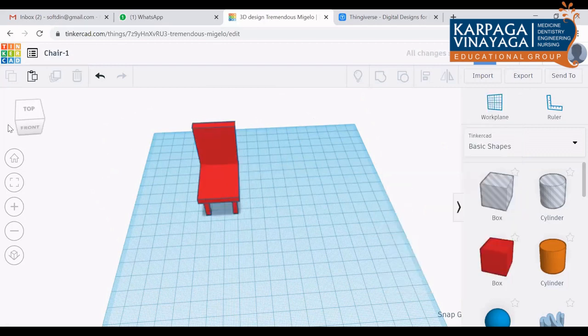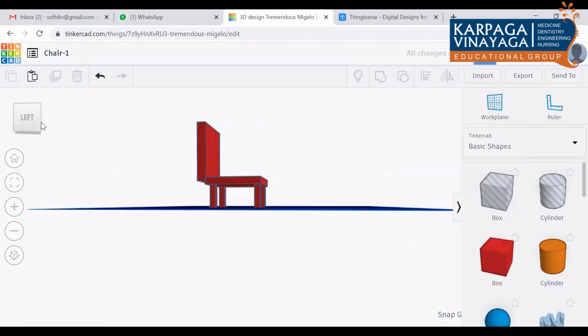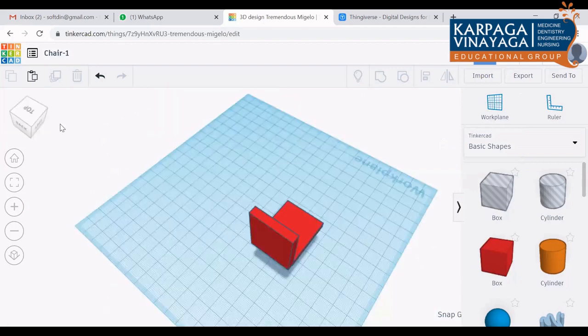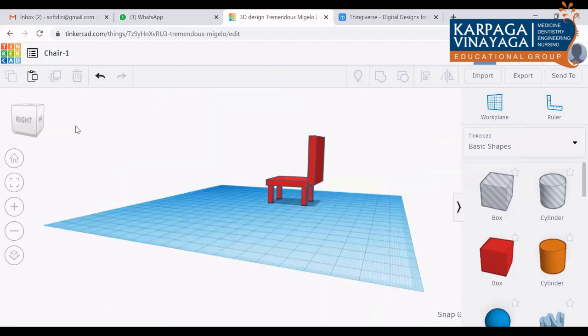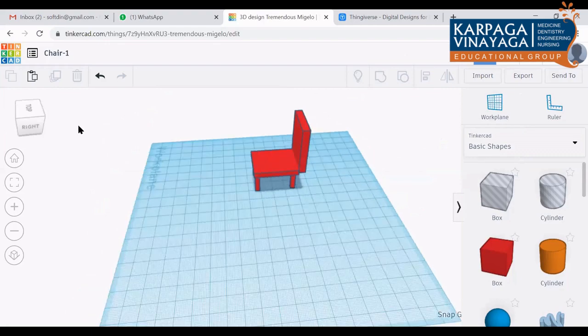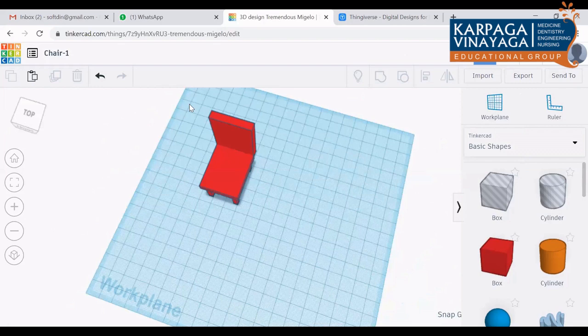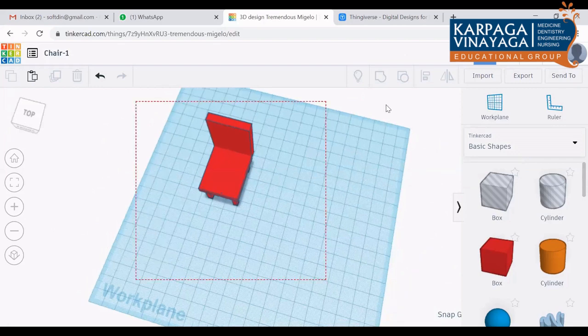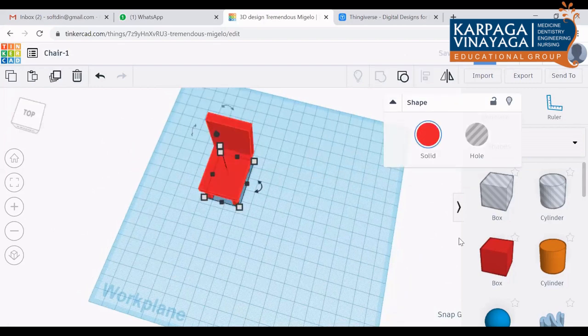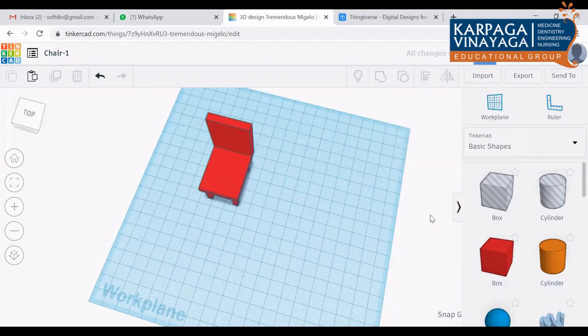Any doubts in this? Once you have done your drawing, you just again group this. This is a very simple thing. You group this. Color, if you want, you can give it for the drawing. But in print, you won't get the color. The material color, the same thing it will come. Any doubts in designing this?